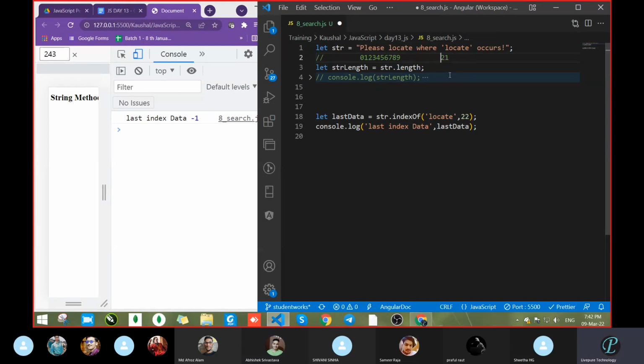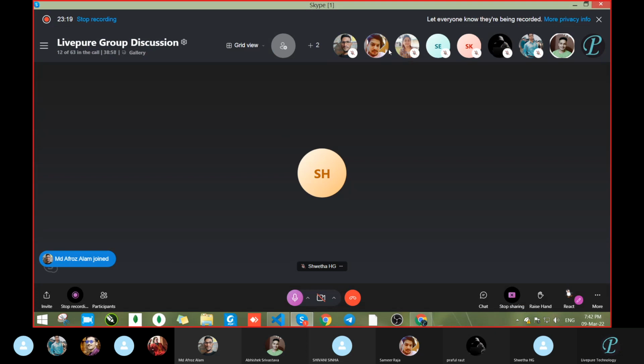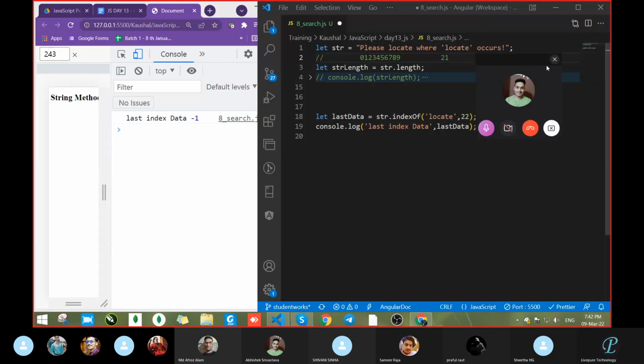L. Correct. Then after that it gives a minus value. So at the 21 position, L is available. So that's why we are getting that.